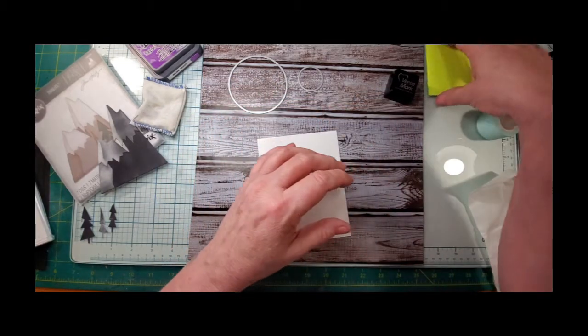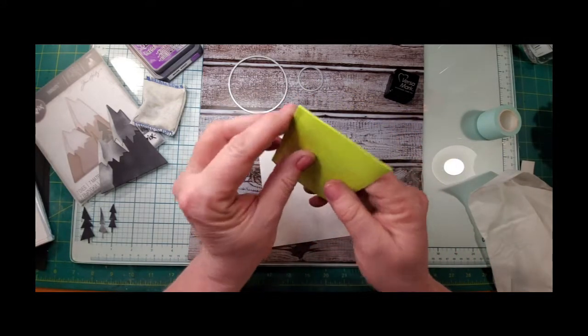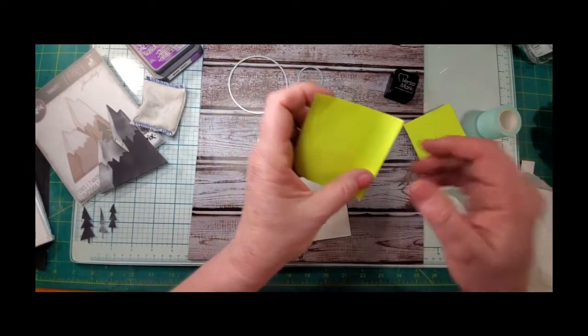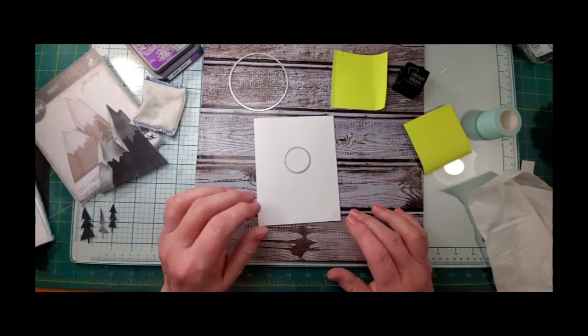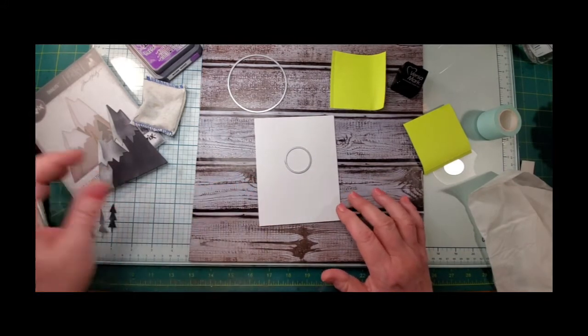It's handy. I'm going to use these full-size sticky notes, but you can use any kind of masking paper or just circle cut a die. But what I'm going to do is make a mask with that for the small circle. So let's get started on that. First things first,